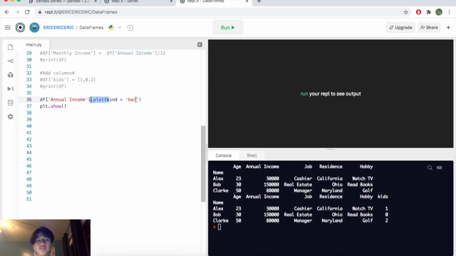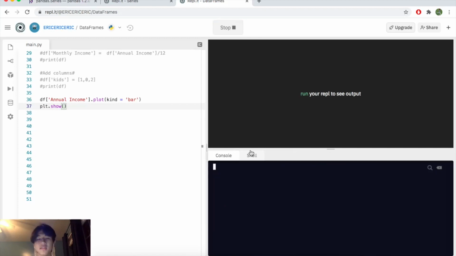And then inside the parameters, you can actually specify what kind of graph you want. So it could be a line, a histogram, a bar graph. I'll just do a bar graph. So to do that, you would do kind, an attribute, equals bar. Make sure that's in quotes. And then, just doing this won't actually do it. You actually have to use this method called show. Basically, it puts it on the screen for you. So now if I run this method,